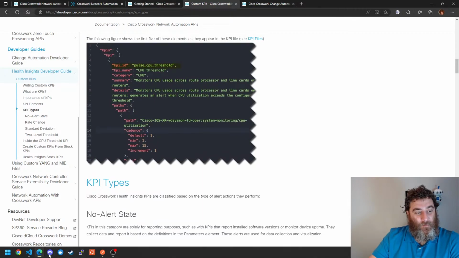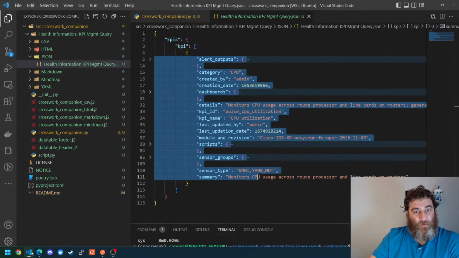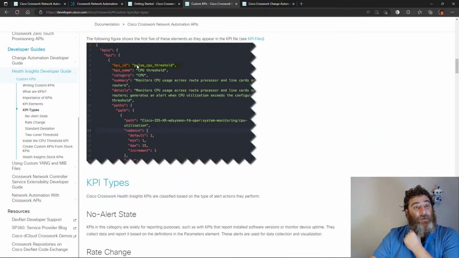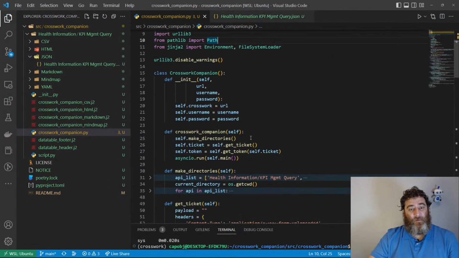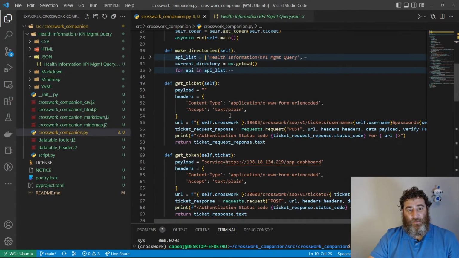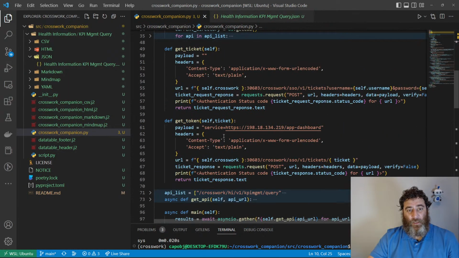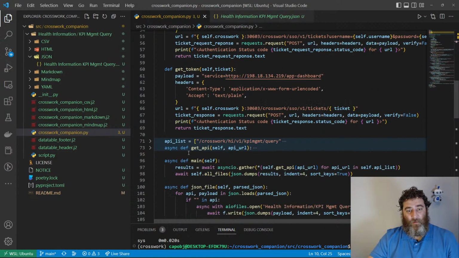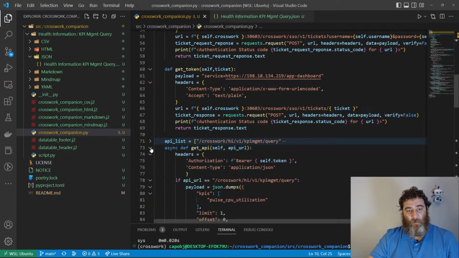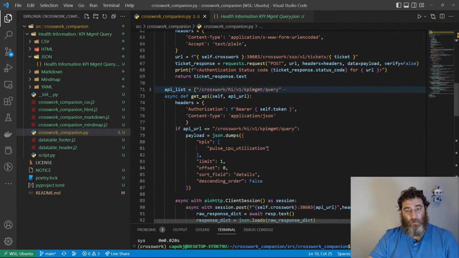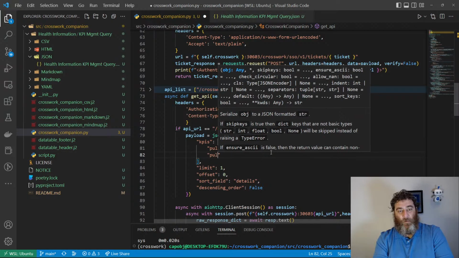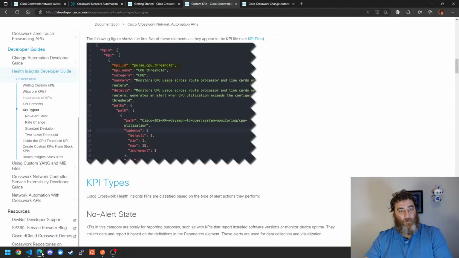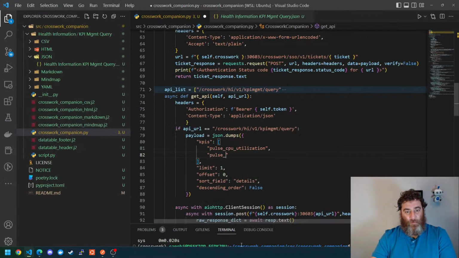Is that the same one, CPU threshold? No, there's CPU utilization. So there's another one. Let me just see this. What I want to see is... I'm going to add that to my header. Pulse, what was it? CPU threshold. Okay,